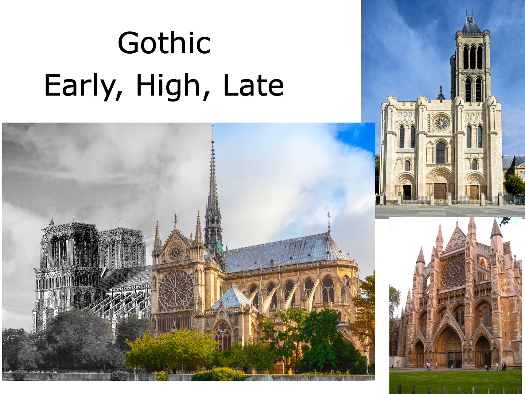Okay, so we're getting ready to move on to the Gothic era. There are three phases of the Gothic era: early, high, and late. You will need to know the difference between the early, high, and late stylistic features. Early Gothic's years are from about 1140 to 1194. Middle or High Gothic is from 1194 to 1300, and Late Gothic is 1300 to about 1500.